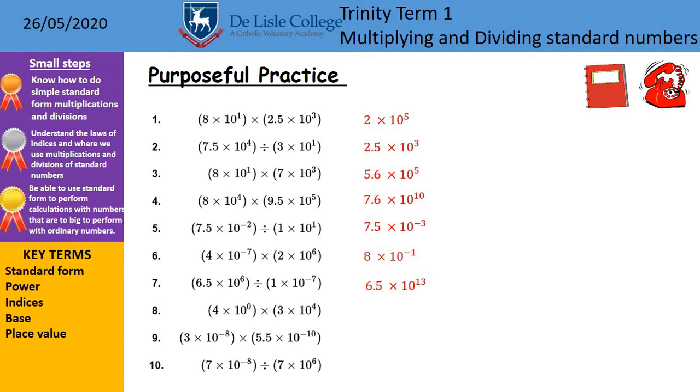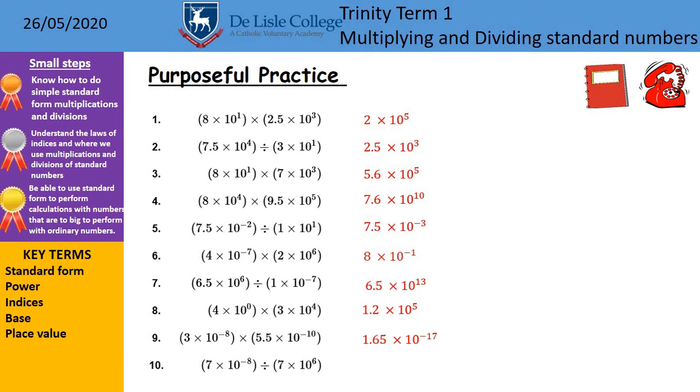This time, remember, of course, you're subtracting negative 7. 4 times 10 to the 0, so we're going to end up with 12 times 10 to the 4. But of course we can't have 12, so we need 1.2 times 10 to the 5. Last two,